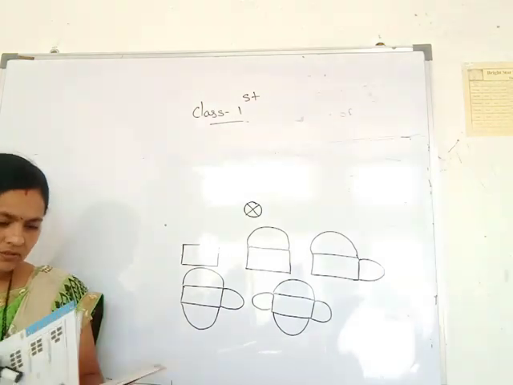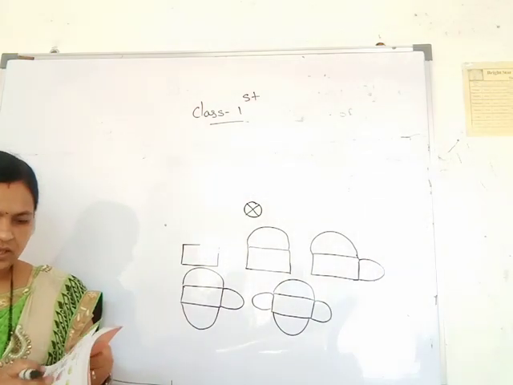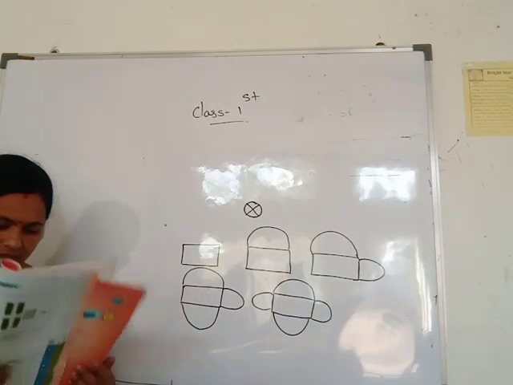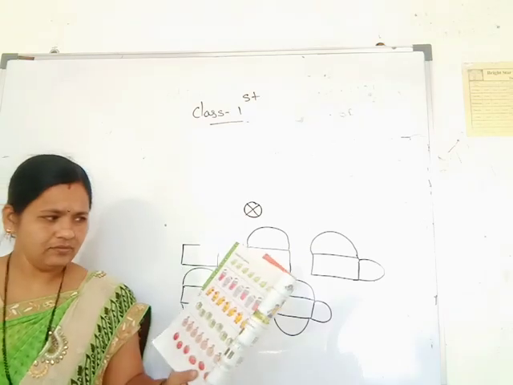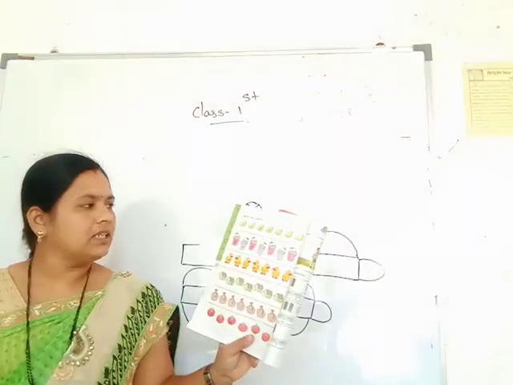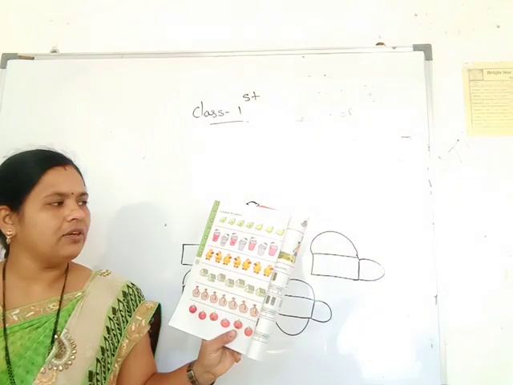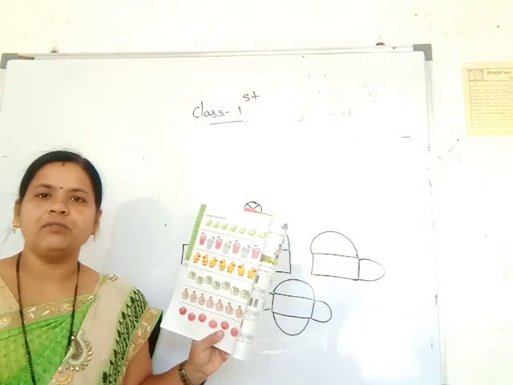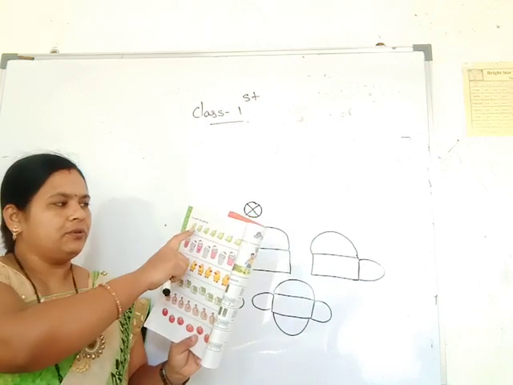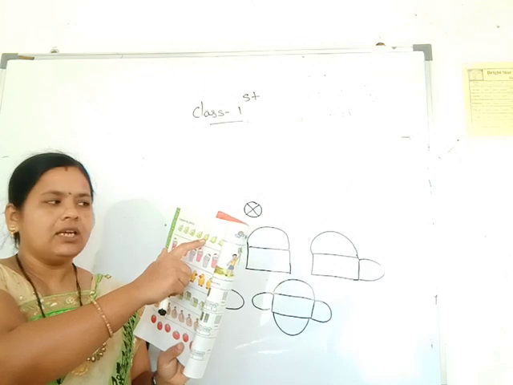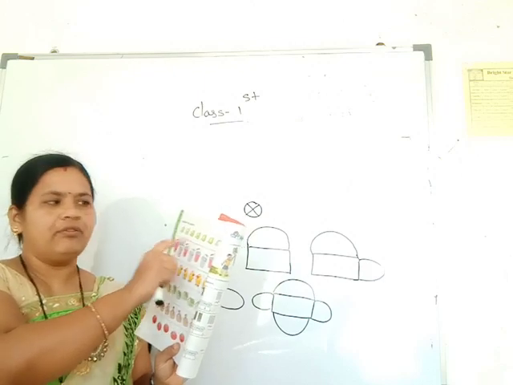Then next one, open the page number. Here also a pattern is given, with numbers. Complete this pattern. In different shapes, these numbers are given. First see the numbers 2, 4, 6, 8, means table of 2. 2 ones are 2, 2 twos are 4, 2 threes are 6, 2 fours are 8. Then the next numbers 10, 12 and 14.